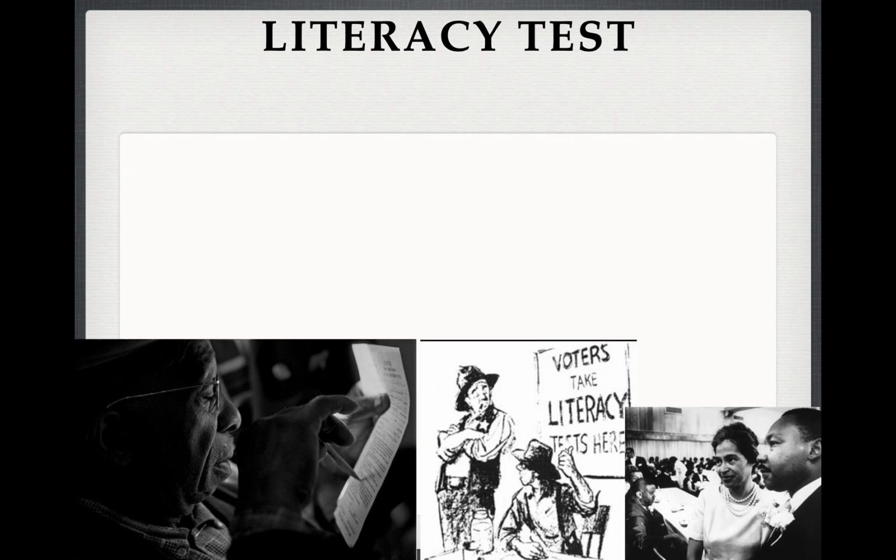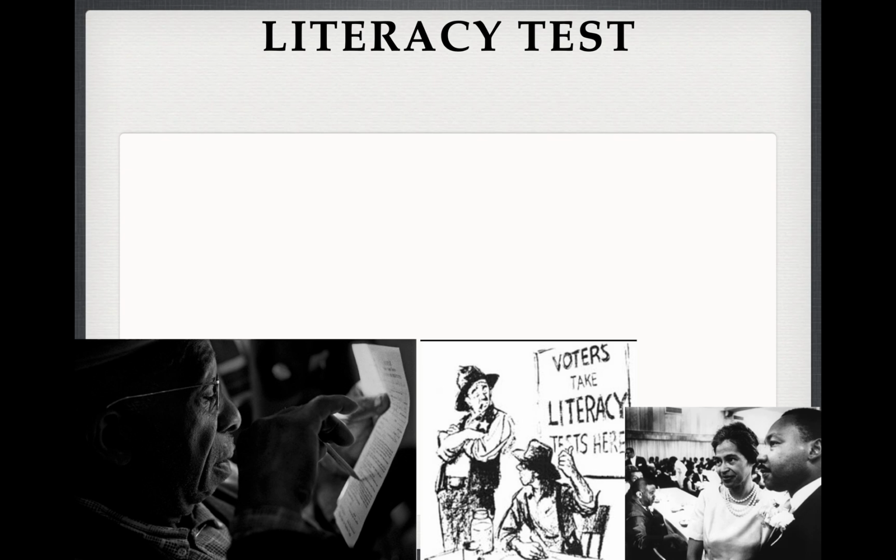Well, one way in the South in the 1930s, 40s, 50s, actually as soon as African American men could vote in 1865, states would discriminate against people of color voting. And one way that they would do this, especially in Mississippi and Alabama and Louisiana and Georgia in the deep southern states, is they would create what's called a literacy test. So let's look at a literacy test. This is a test you had to take to vote.